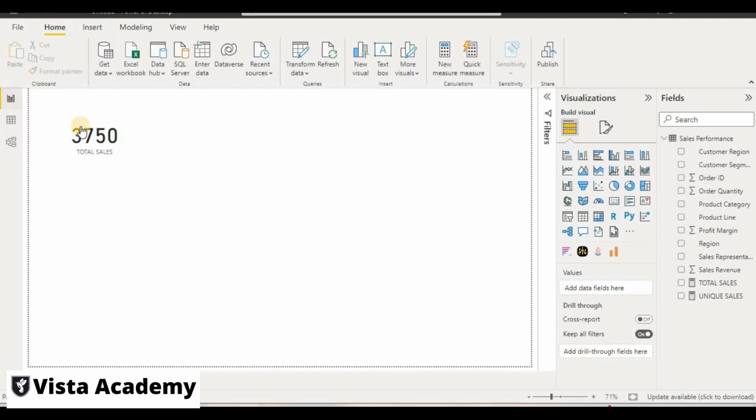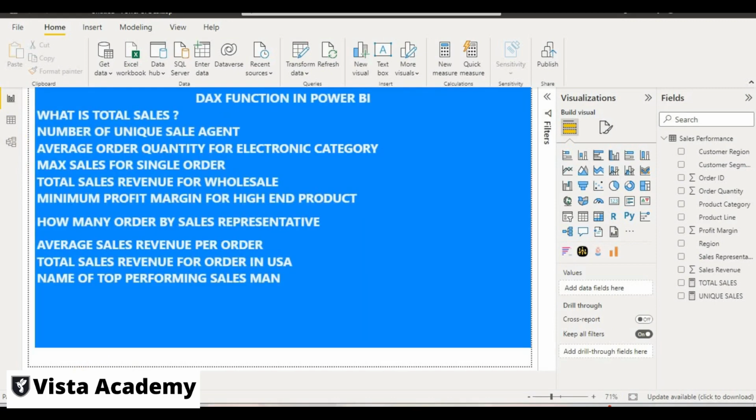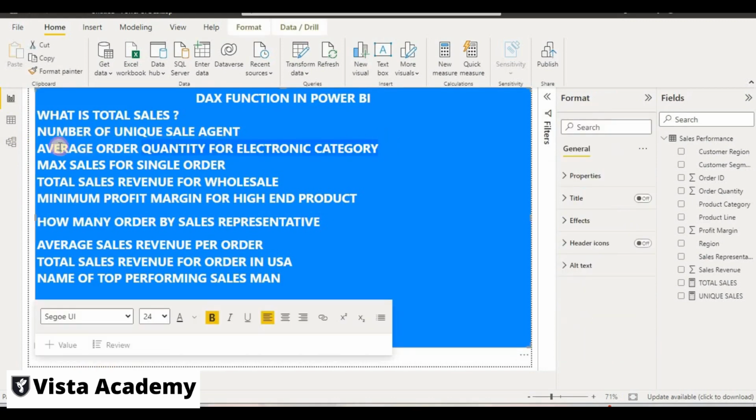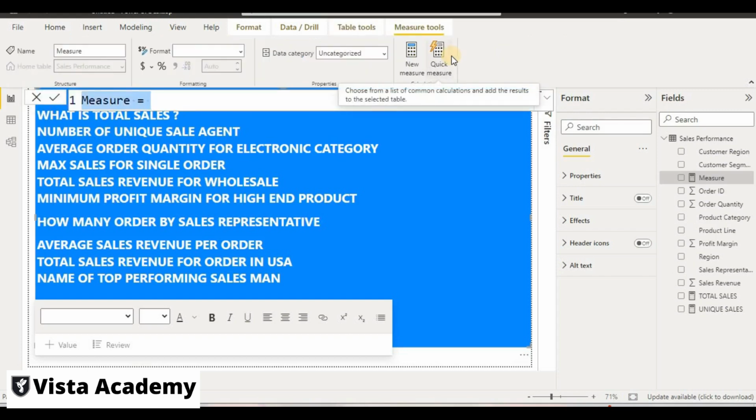So we will do that. So if I go here, average order quantity for electronic category, we have to find the answer of this question. For that, what we will do, I will go to the new measure here, and after clicking on new measure we will type the name: average order quantity electronics. I will give the name of the category,